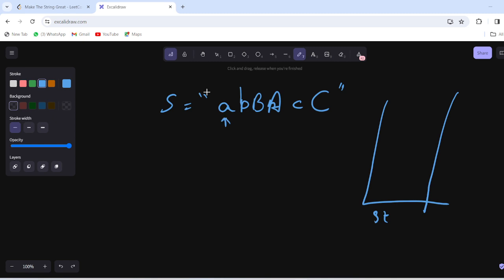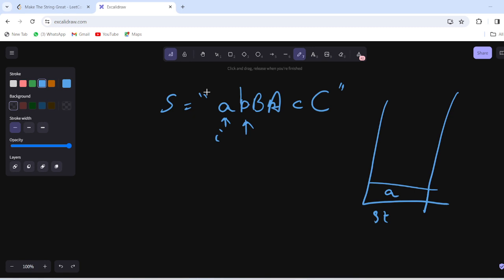Put this element on the stack. If our stack is empty, then put the ith element on the stack. Then a will be stored in the stack. Now move forward. We got b. Check if b is equal to a.